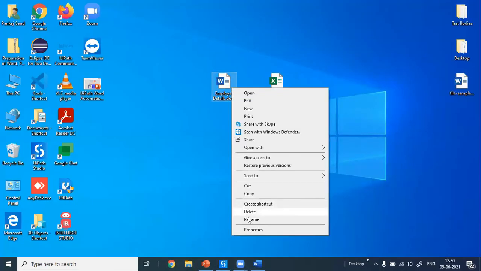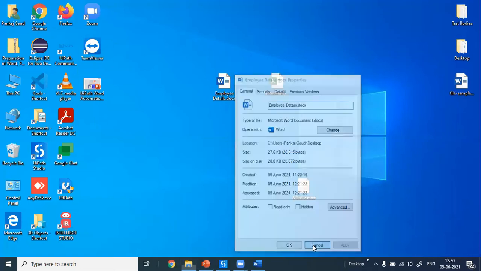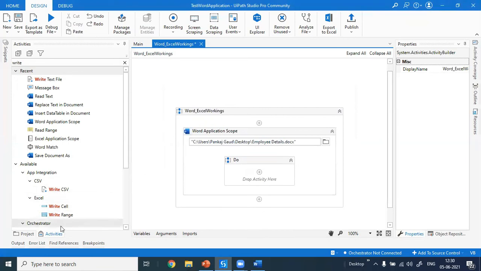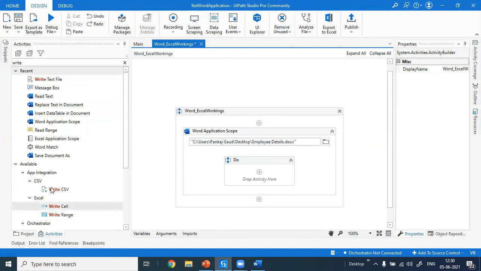I will show you the properties of this. Now UiPath provides an activity that lets us save the document in different formats. I will show you.